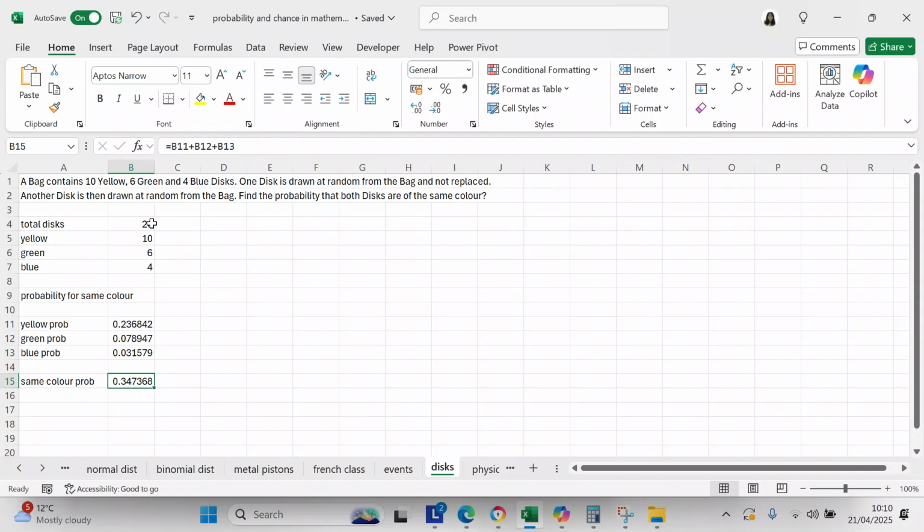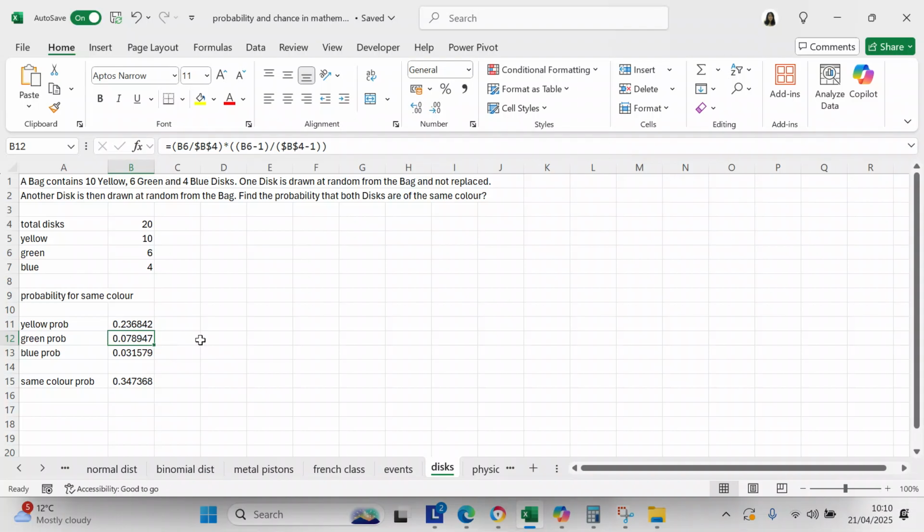So you've got total discs, which is 20. You've got 10 yellow discs, 6 green discs, and 4 blue discs. So we're going to calculate the probability that they're the same color. So yellow probability is B5 divided by B4 times B5 minus 1 divided by B4 minus 1, and that's 23.68%. So probability of green is B6 divided by B4 times B6 minus 1 divided by B4